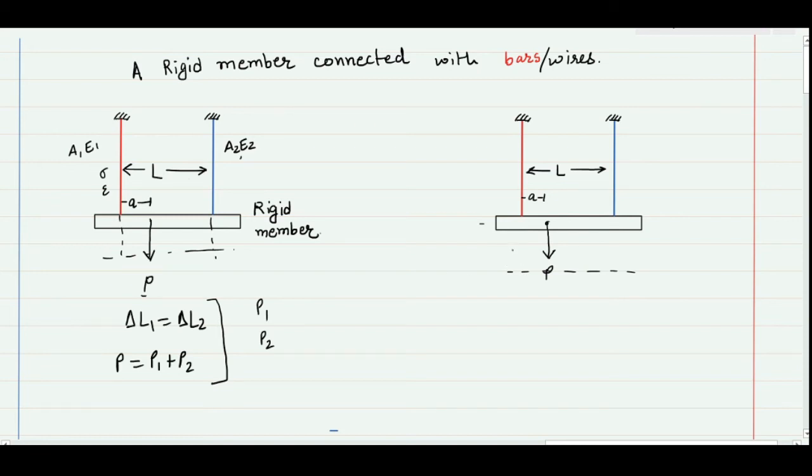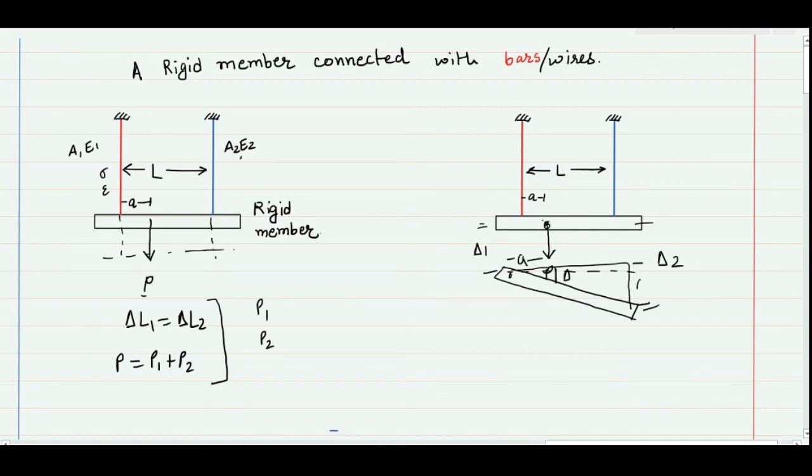In the second case it may be given that the bar will not remain horizontal. That means both wires are going to be subjected to some force, and based on their strength there will be different deformation. So the bar will not remain horizontal after the deformation and it will have some angular position. Here I have to apply the concept of similar triangles, because this is the deformation in the first wire, denoted by del 1. This would be the deformation for the second wire, that is del 2, and I can take this similar triangle, and let the deformation of this point be del. So I can write an equation considering this similar triangle.